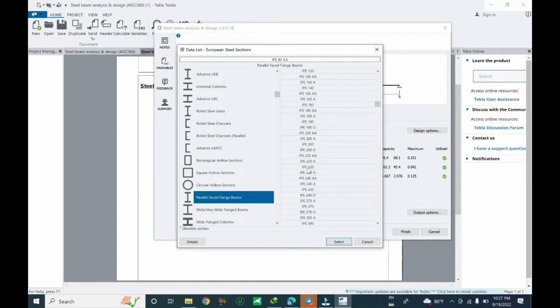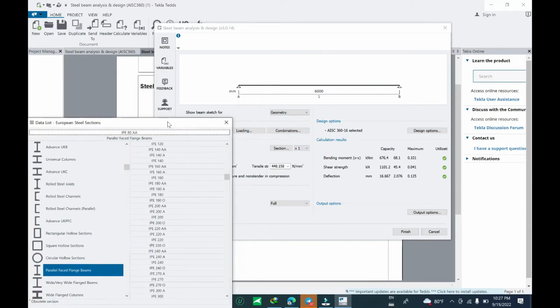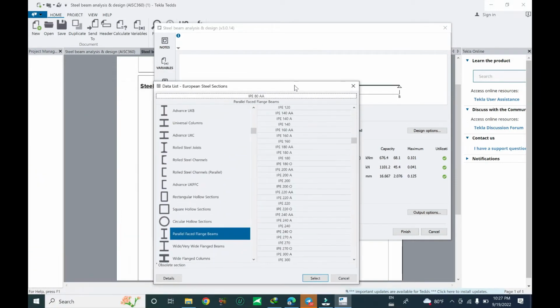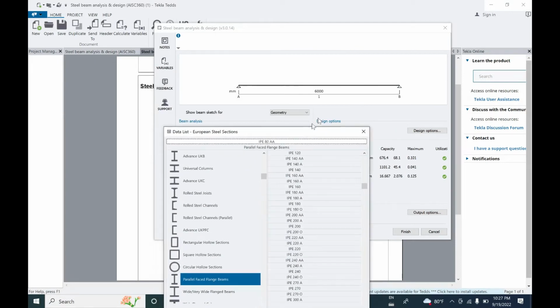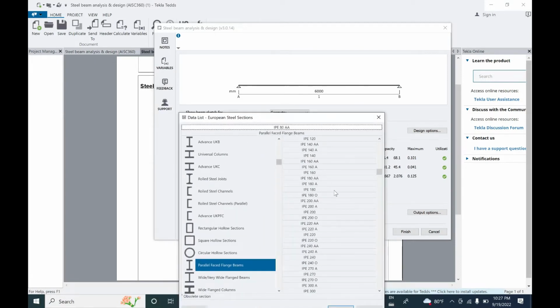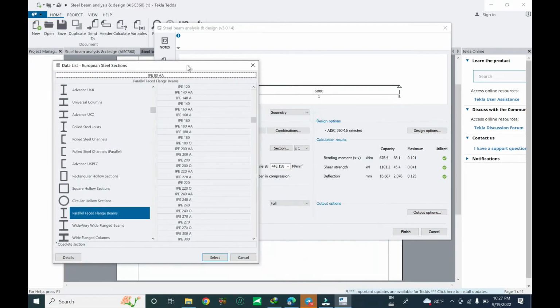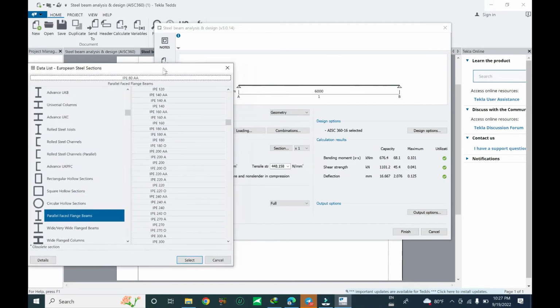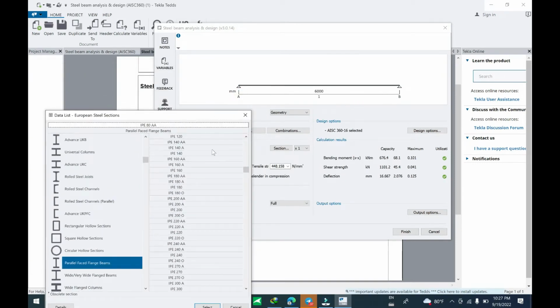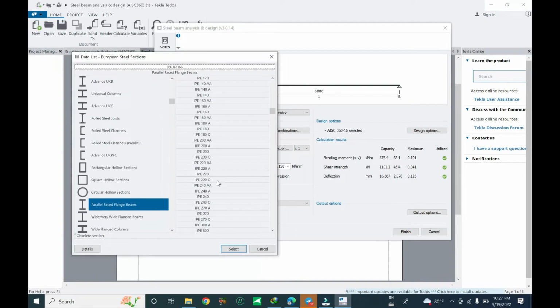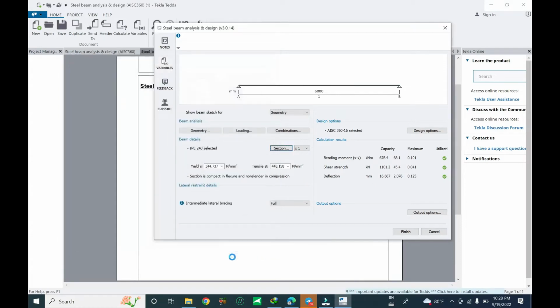I have another tutorial about designing a steel beam in the Eurocode, simply supported beam and fixed supported beam. By using the IPE 240, it is easy to compare with each other when we design for the same load and the same span, and the section property is the same. Now let me select the section property IPE 240, click select,